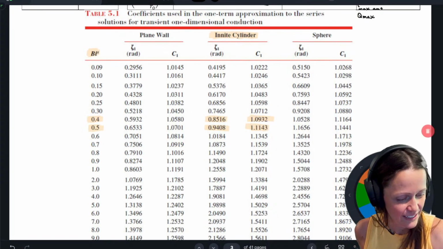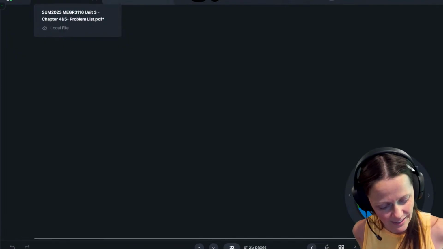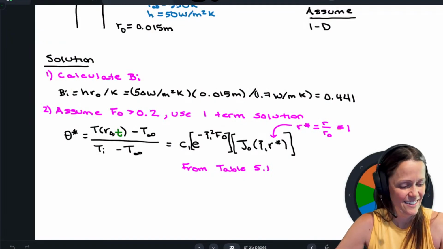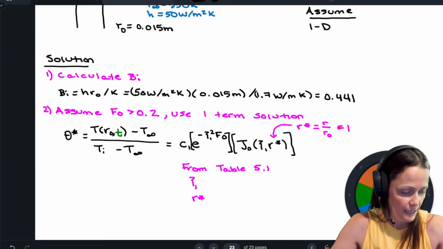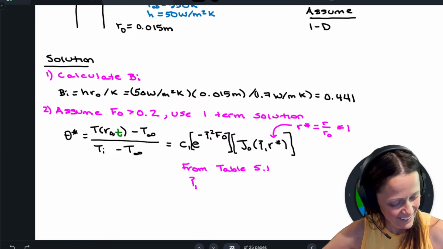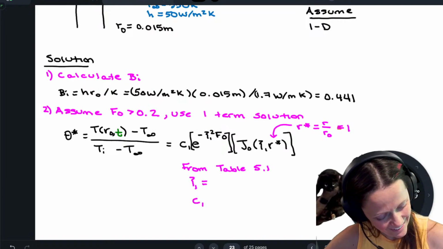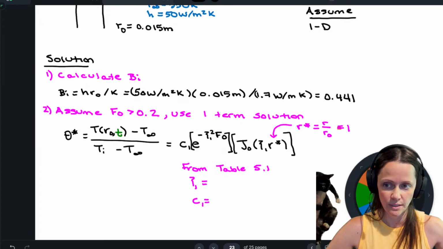Okay, so let's see what we've got. We have theta 1 and r star. Sorry, you said r star and I had it in my head. Okay, so I've got a zeta 1 value of